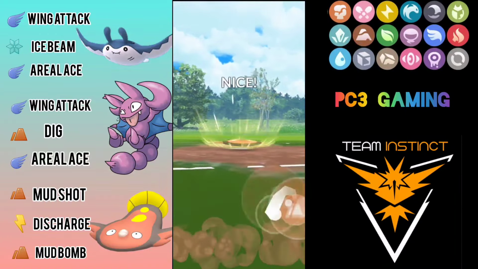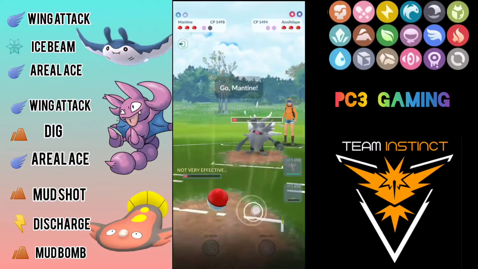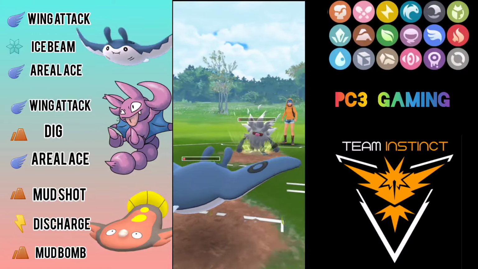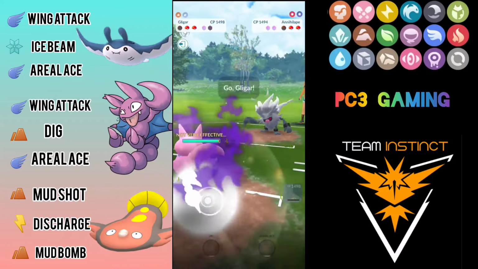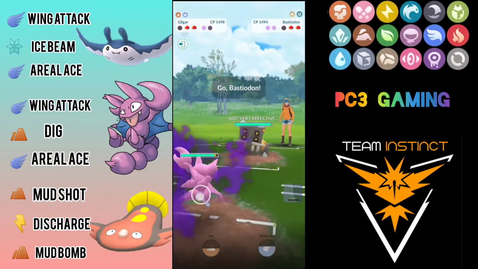Let's see if I can grab a shield, and he didn't shield here, so I come with Mantine just to snipe him, but he reaches his move. That's fine. So I'm going to come with Gligar, and let's hope we can sweep the entire team. But it has a two shield advantage, and there is a Dugtrio at the back, and here comes the Bastiodon,